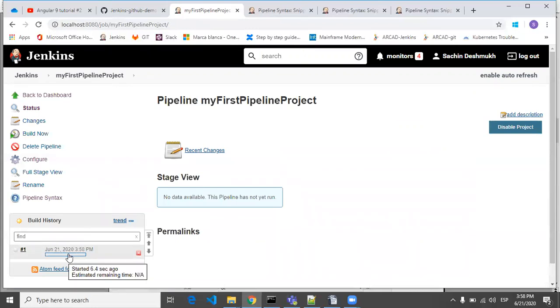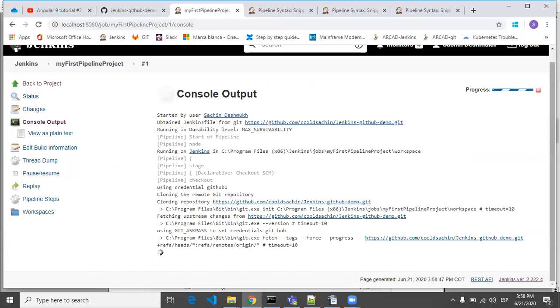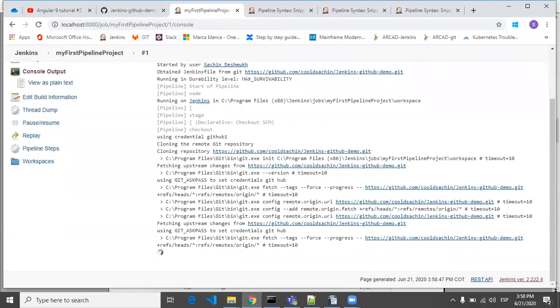So I'm just going to the console output. So here it will scan your Jenkins file inside your Git repository.